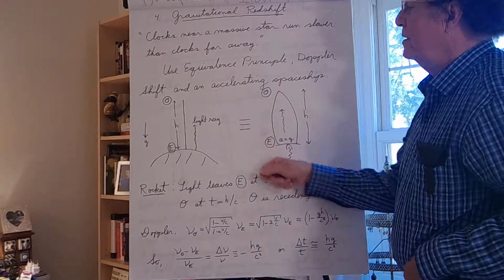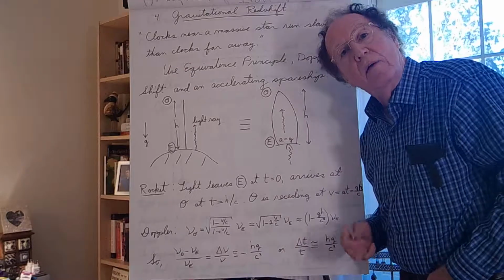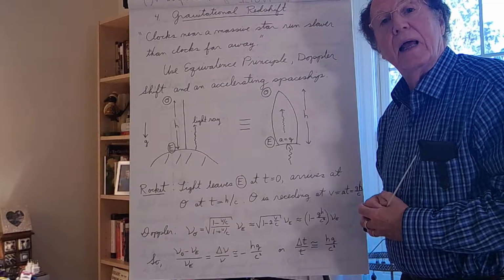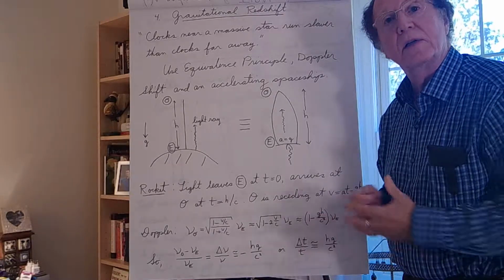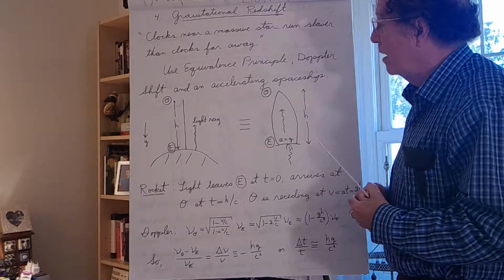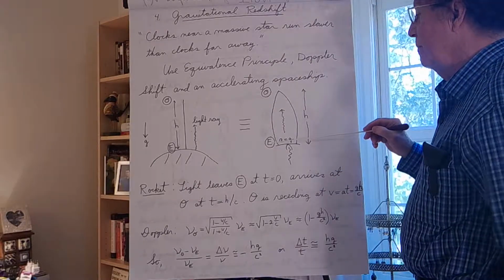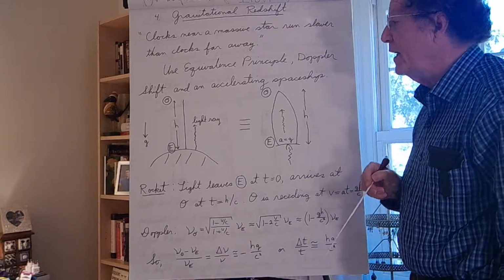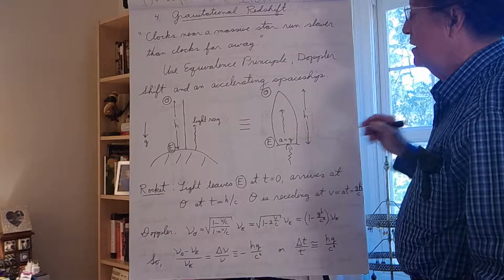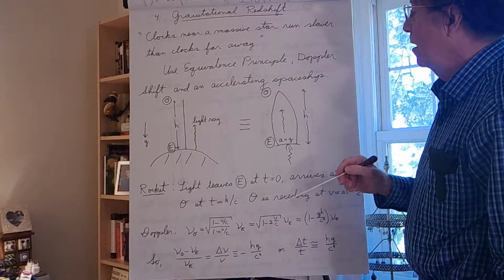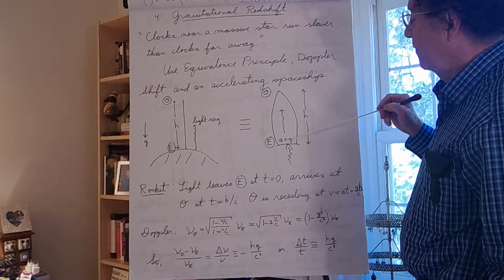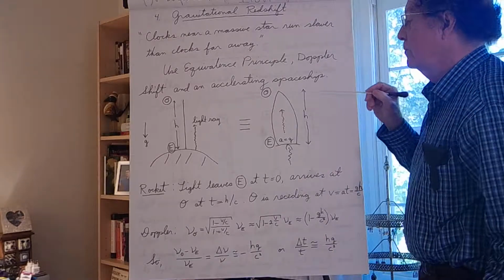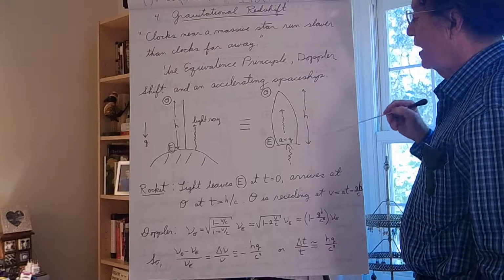Okay, well, this is the physical situation, but we know from the equivalence principle that we can relate it to a similar problem in an accelerating reference frame in an otherwise inertial frame where special relativity holds. So I consider the emitter at the base of a rocket ship that's accelerating upward with an acceleration of g. G matches the g in this problem. And it's sending a light ray from the base of the rocket ship to the tip of the rocket ship where there's an observer which absorbs it up there,